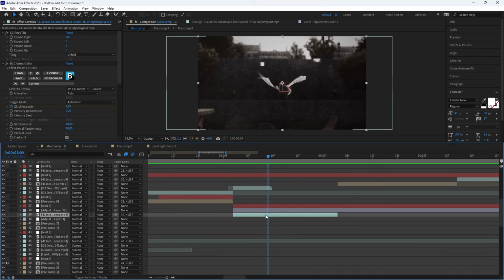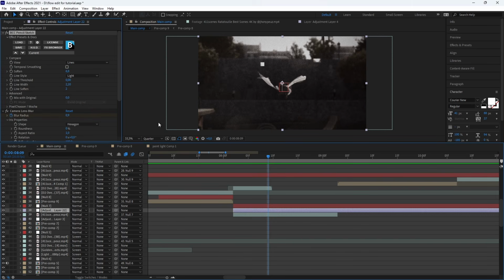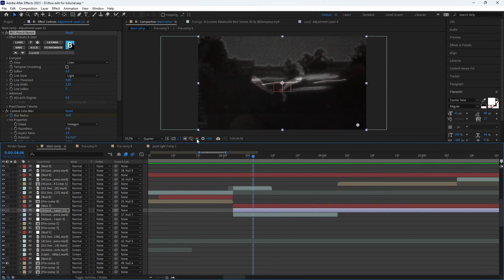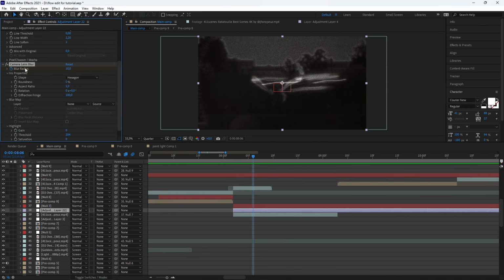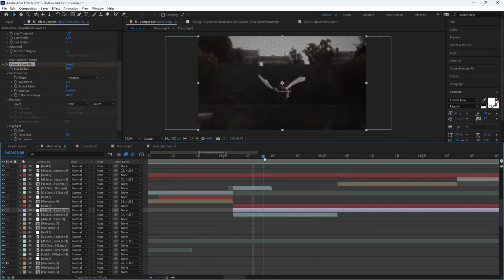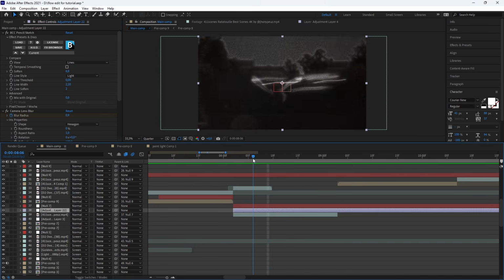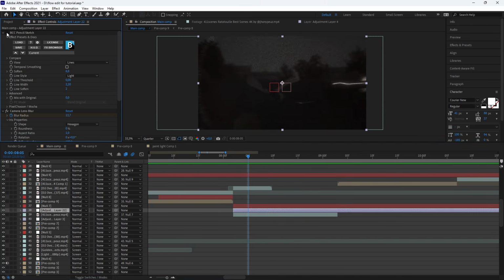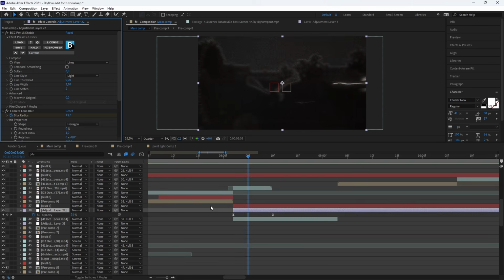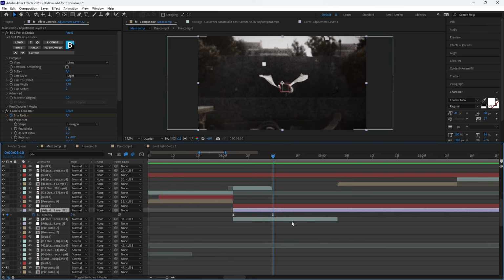I added an adjustment layer on this clip here, and I added the BCC Pencil Sketch with these settings, the same as the first transition if you remember, and with the camera lens blur, so it's smooth like this. You don't really see it, but if I remove it, you can see there's a real difference. That's what I added, and I changed the opacity of it.